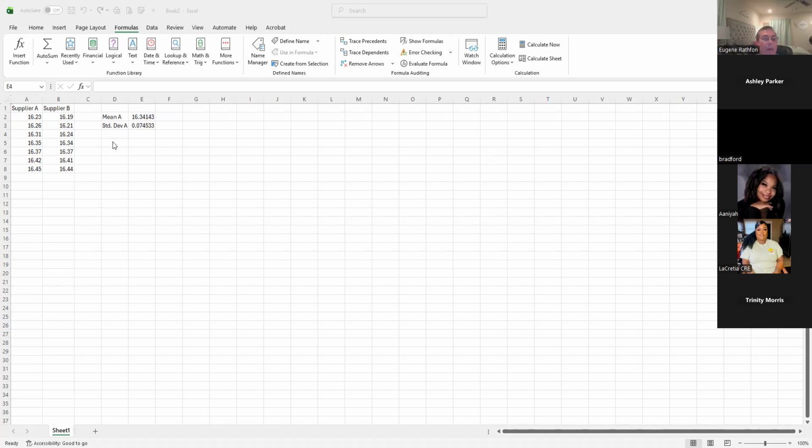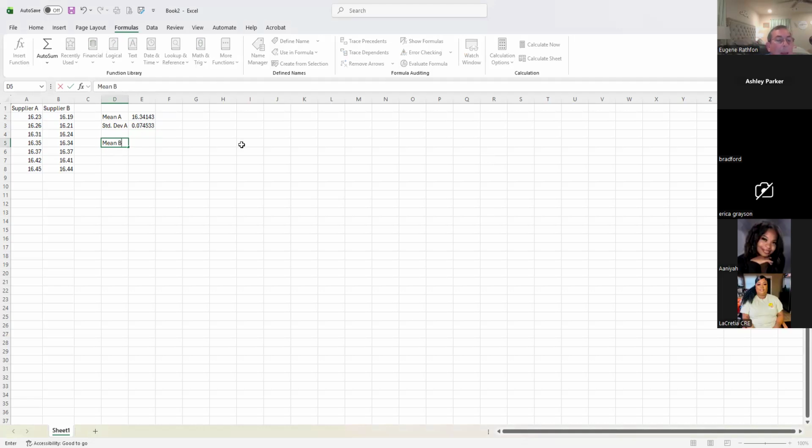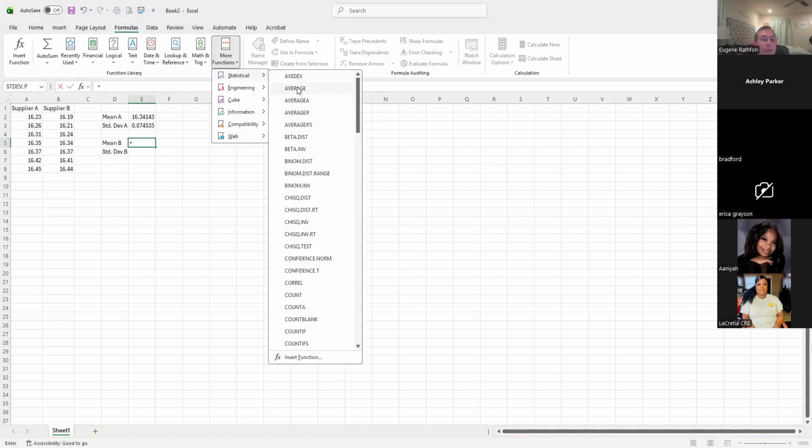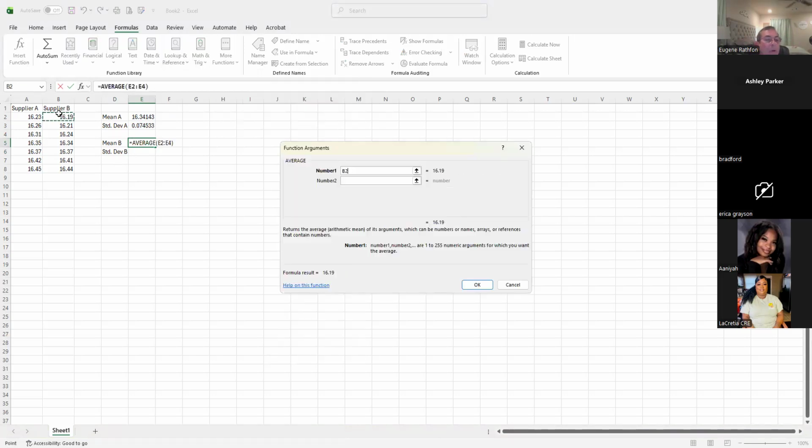All righty. So that was for A. Now I'll do that for B. I'll find the mean of B. And then we'll find the standard deviation of B. So y'all, I'm going to put my equals, go grab the more functions, statistical, and go to average. So I'm using B now, so I'm going to highlight the B column, and that'll put in B2 to B8. We'll hit OK, and that gives me